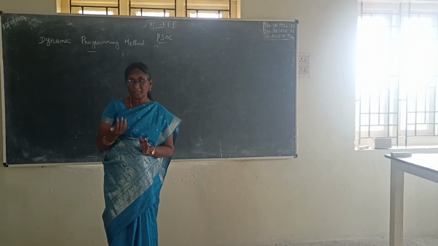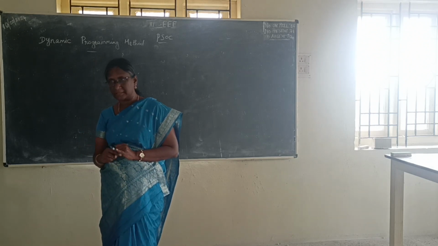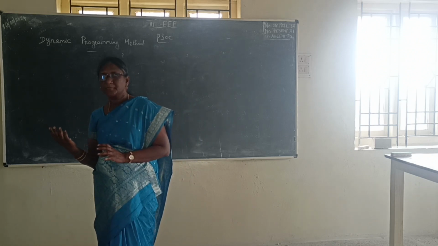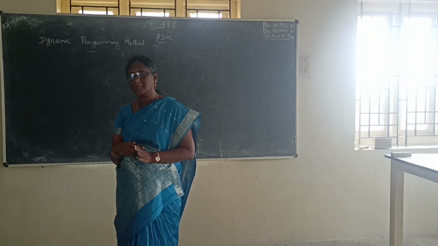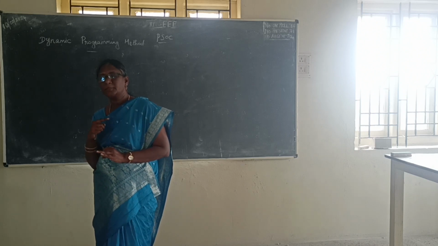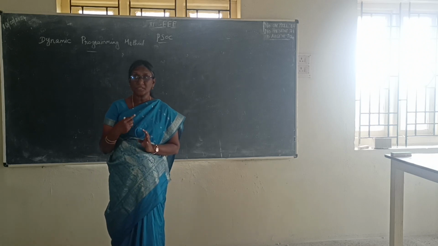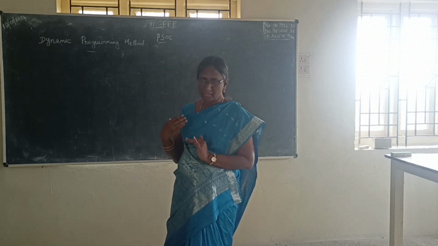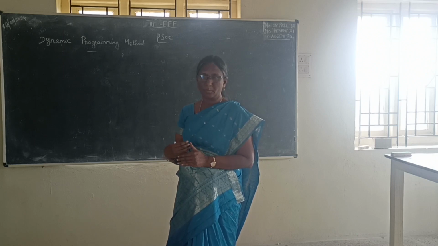The next one, in the priority list method, there is no load cost. Then we are assuming 4 parameters in the priority list method, isn't it? So we are assuming 4 points: minimum up and down time and no load cost. Then the input output characteristics should be linear, isn't it? So these are all the assumptions that we consider in the priority list method. In the dynamic programming method, we also consider some assumptions. Using the assumptions only, we are going to do the problem.